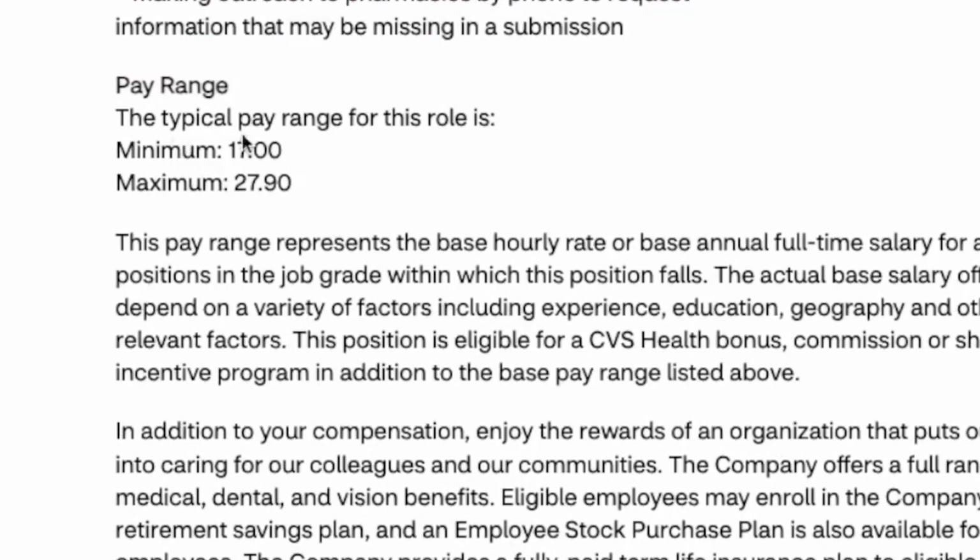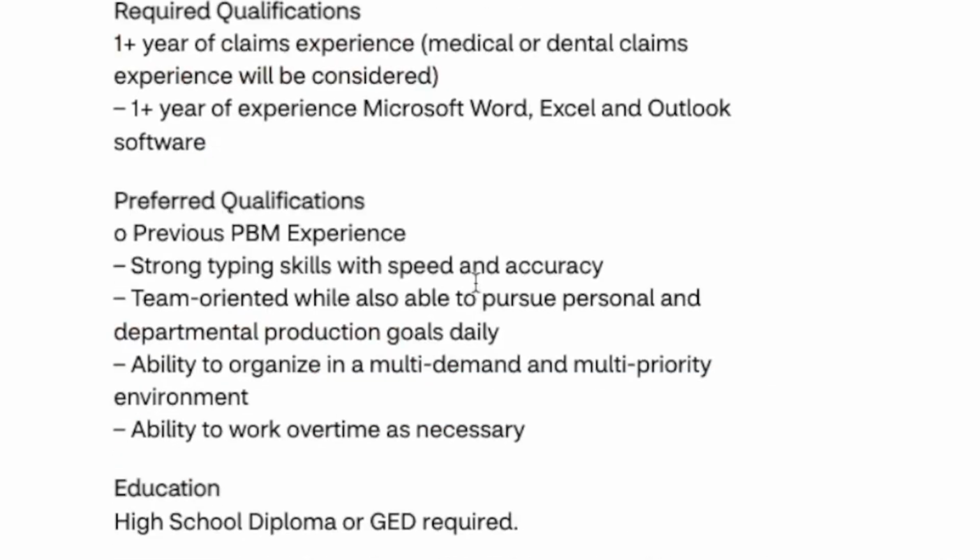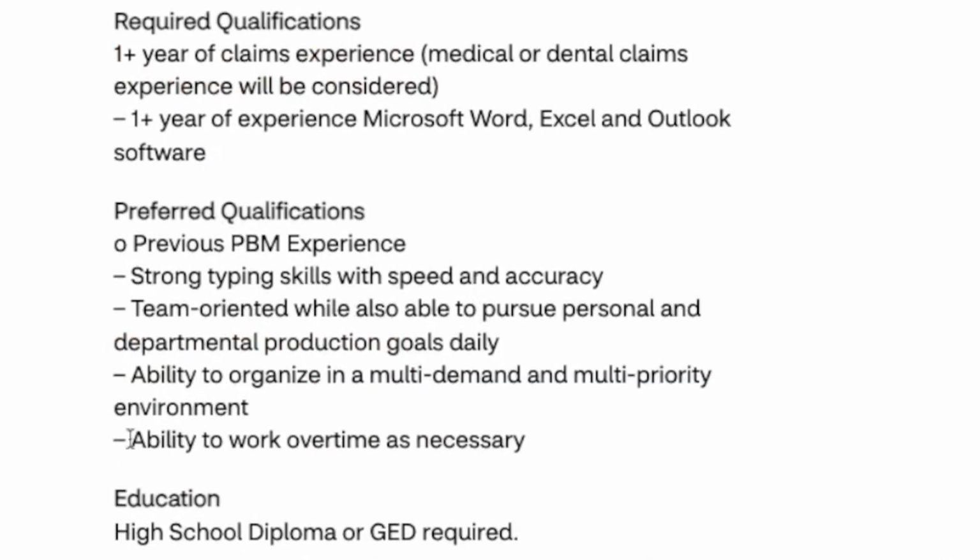Now, pay for this position is anywhere from $17 an hour all the way up to $27.90 an hour. Now, as far as what they're looking for, they don't require any kind of college degree, just